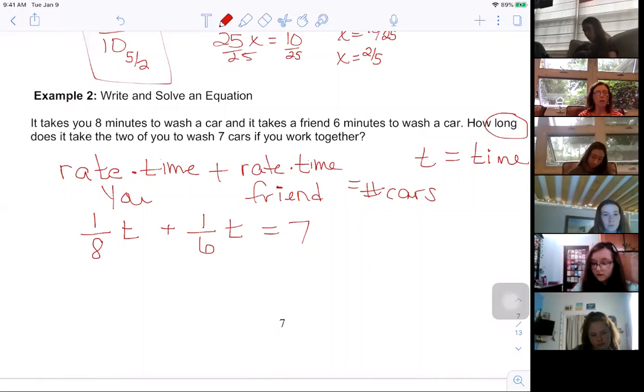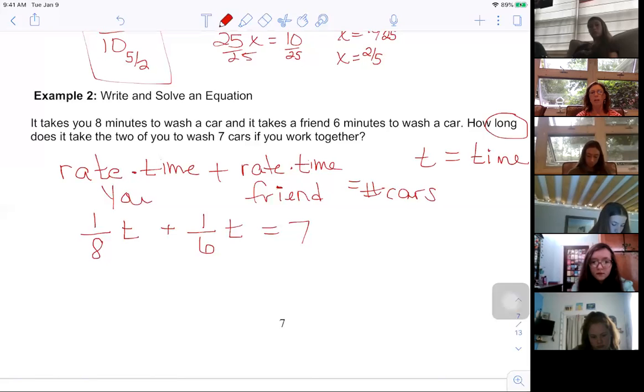Now I'm going to try and solve this equation, and it has some fractions in it because we have this rate value. And an easy way to get rid of fractions, instead of finding a common denominator and just keeping them as fractions, we're going to use a common denominator to help us eliminate the fraction. So if we have 1/8 and 1/6,